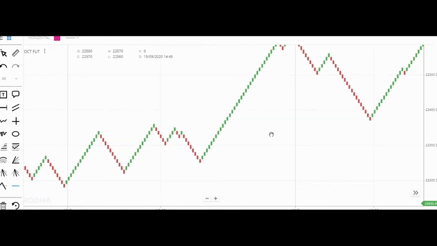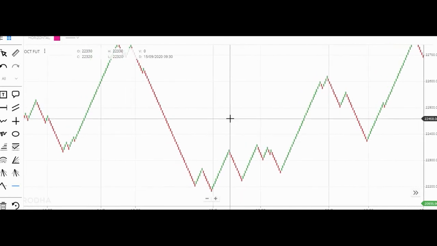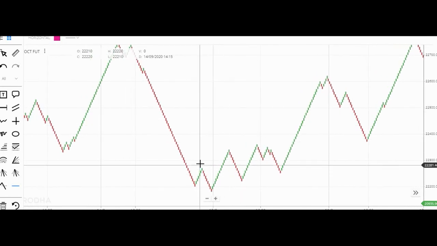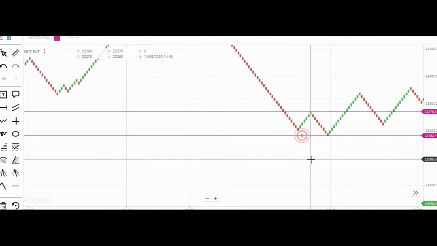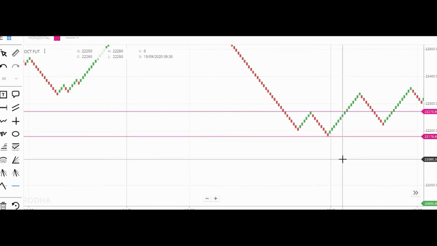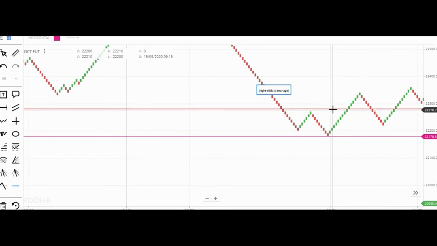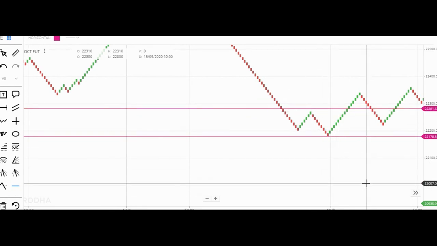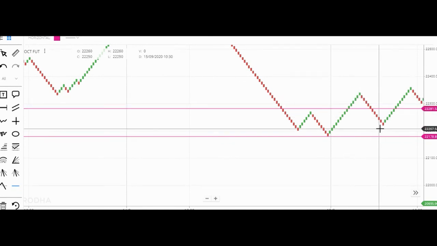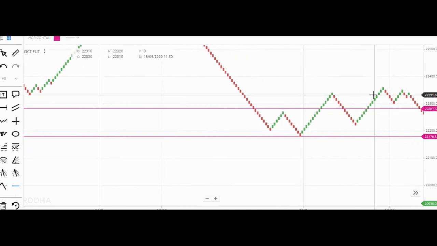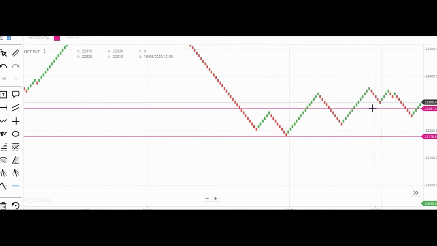Let us see another example, another scenario. Here W pattern is formed. This lower pink line is the stop loss and the entry point should be a brick above the neckline. So that is 22,280. But here there is not much success, it has gone up and it is coming down. The stop loss is not hit, but there is not much profit also.